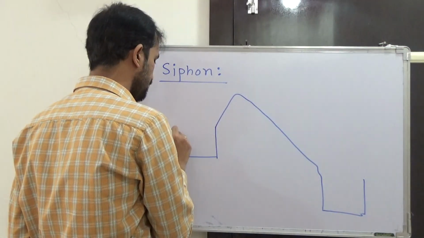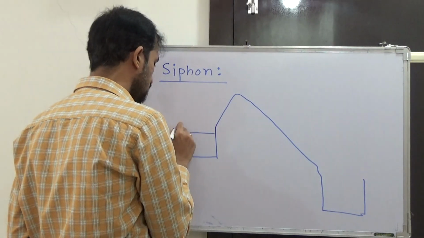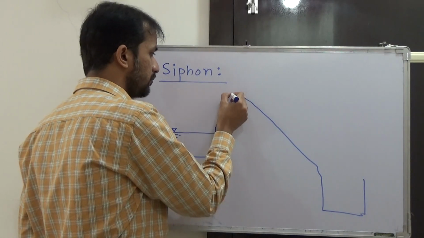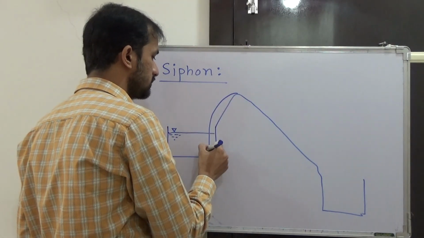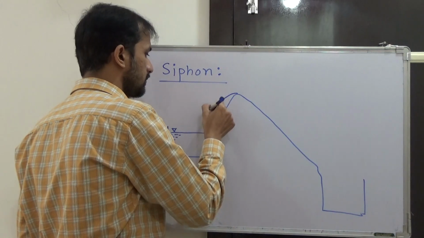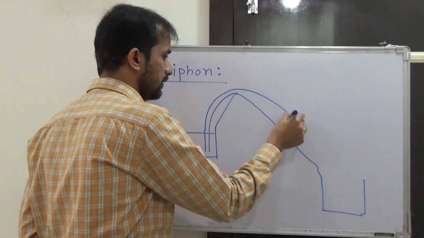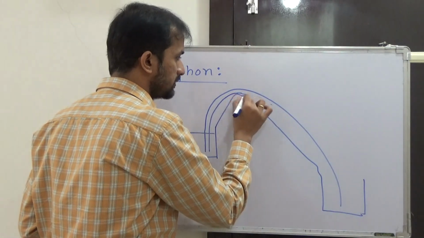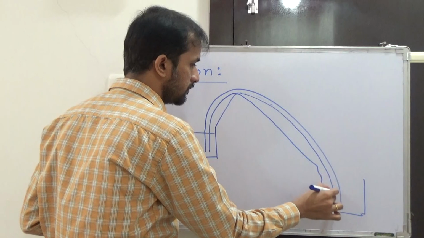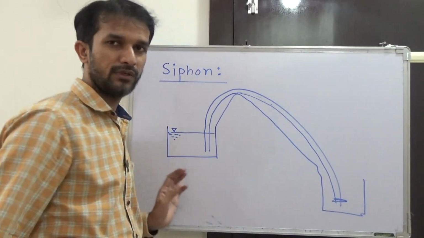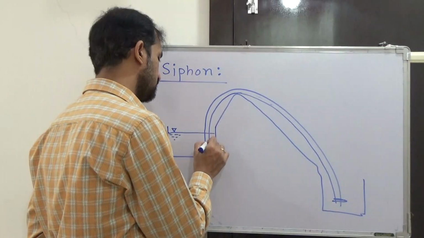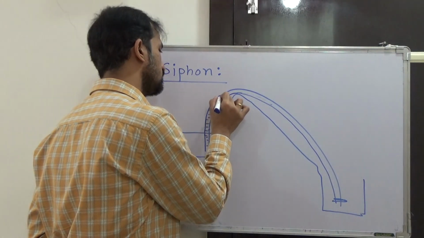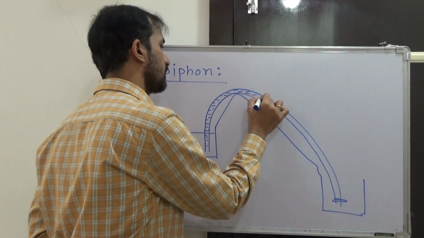So if I draw the level of the upper reservoir like this, and if I now put that one end of the tube into this upper reservoir, another end is now there in the lower reservoir which is closed, so that water is there inside the tube. Now temporarily I have closed this by some means. So what is happening now? It is completely filled with water or the liquid, whatever the liquid in the tank is. It is completely filled with that.